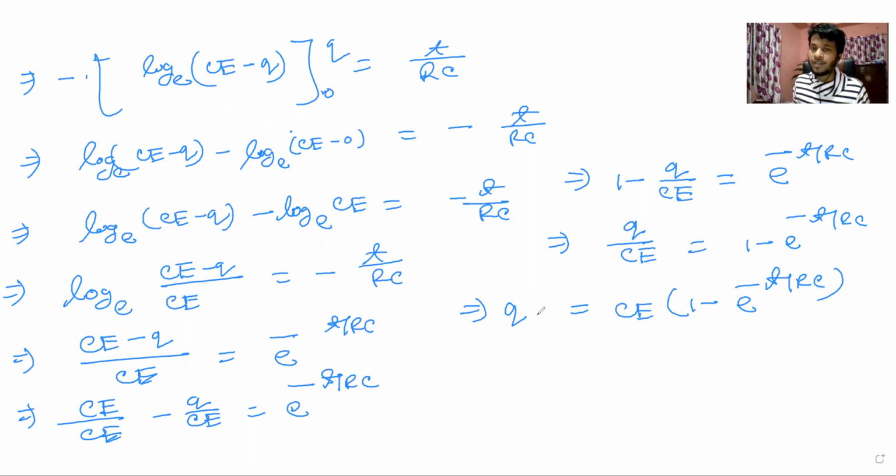Okay, and what is Q here? Q is the amount of charge on the capacitor at time t, isn't it? Okay, Q is the charge on the capacitor at time t between the initial state and steady state condition of that capacitor, isn't it? T is some time between the initial state, that means when the time is greater than 0, and when the time is less than infinity, right? Okay, and of course this charge will be a changing charge, isn't it? Over time this charge will change, right? Okay, so we can write it as a function of t.